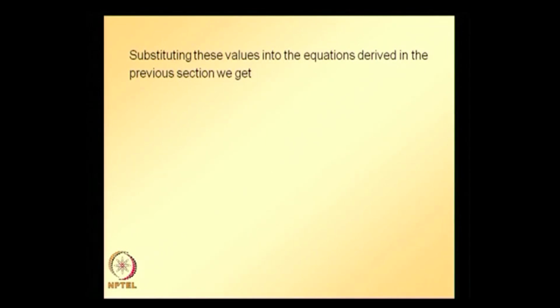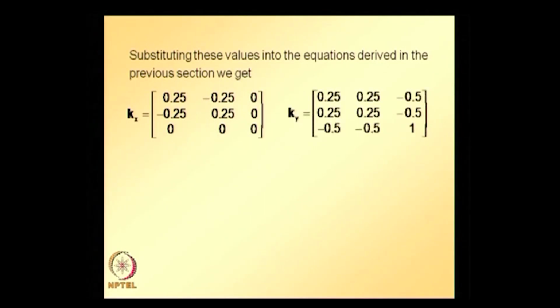So, substituting these values into equations derived in the previous section, that is, we already derived element equations for the 3 node triangular element, substituting the B values B1, B2, B3 into the Kx matrix that we already have, and C1, C2, C3 values into the Ky matrix that we have. We get these two matrices Kx and Ky corresponding to element 1, and also K alpha